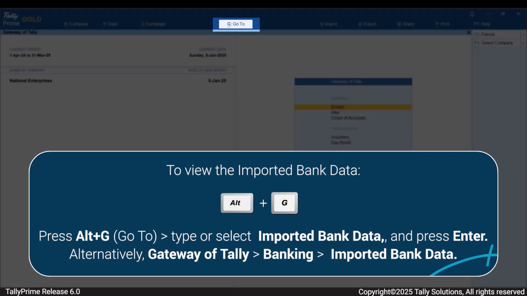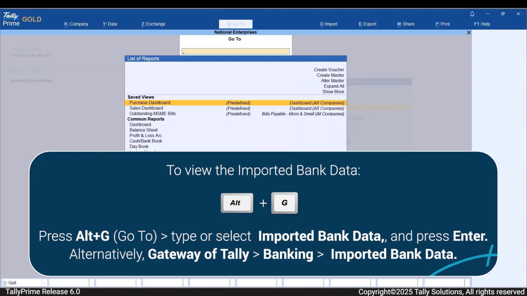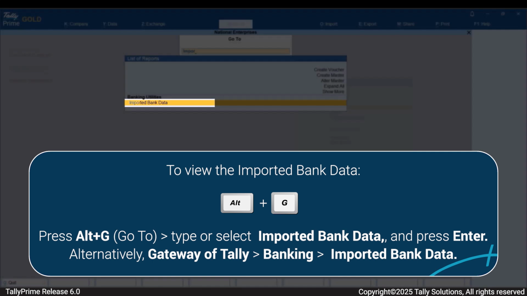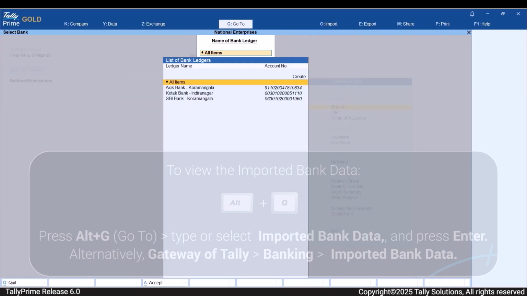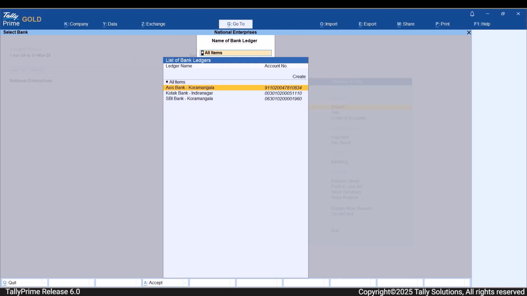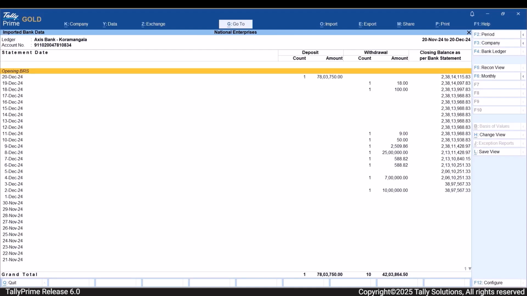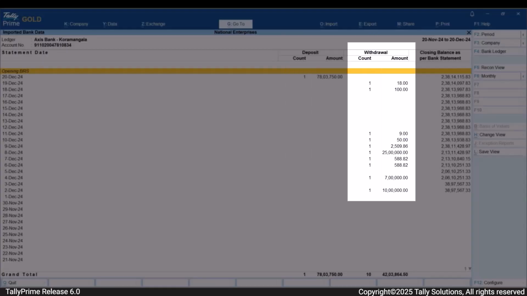Press Alt-G. Type or select imported bank data and press Enter. Select the bank ledger and press Enter. You get to see a summary of daily transactions with account and amount corresponding to the deposit and withdrawal along